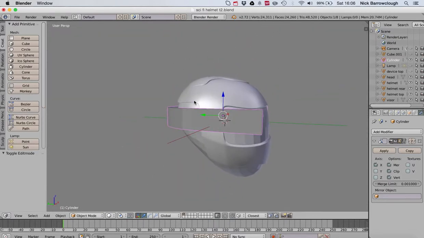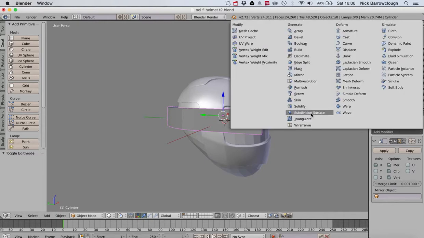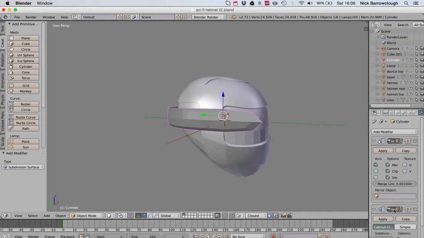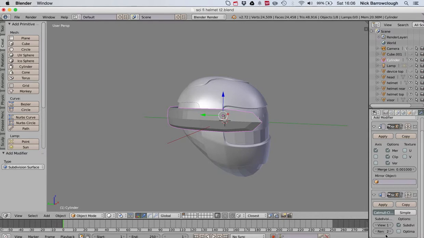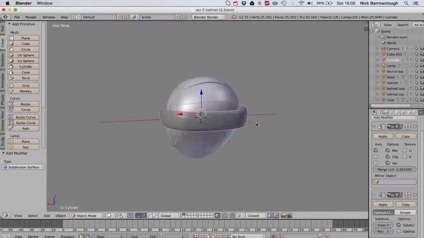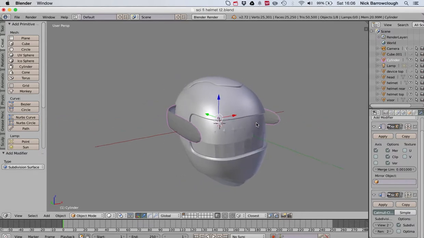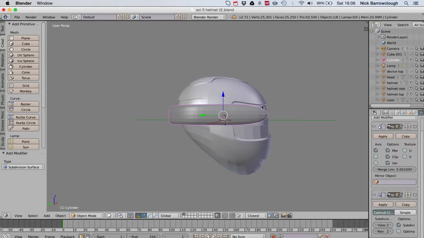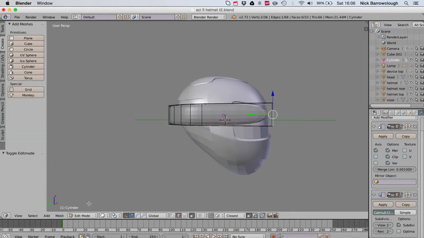And there we go. That's looking good. Let's add in our subdivision surface modifier. Now you can see that really makes a mess. We really want to keep the hard edges, so we have to go in and add our edge loops as we've done before, because I want this to be square. So we'll head back over into our edit mode there,